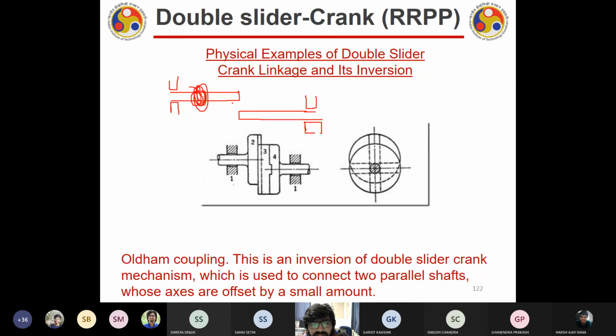Now you want to rotate this shaft from this shaft. How will you rotate it? What do you want to do? Tell me. You put a block over here and weld, right? That is what you are suggesting, right? Then they will not rotate. Means one will not rotate. Exactly, Garvitji.